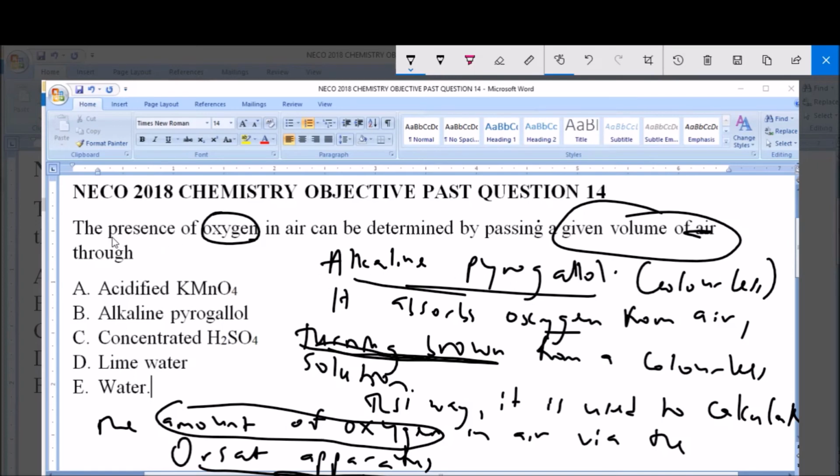But from the question as it asks, we are just asked what can be used to detect the presence of oxygen in air. So as we have rightly established, alkaline pyrogalol, which is option B, is the correct answer to